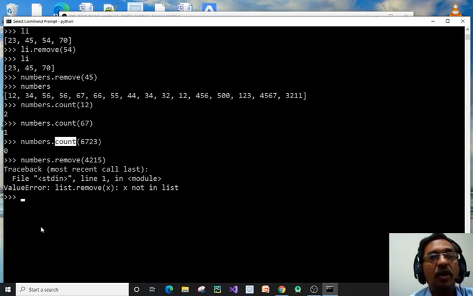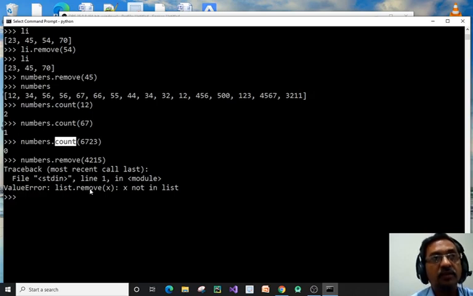We cannot handle this error from the command prompt, the Python prompt. In a program only we can handle that. How to handle that? That we will discuss at the time of program, not right now. But right now remember this, whenever we want to find out the position of an element using index, if the element is present, it will give you the position.